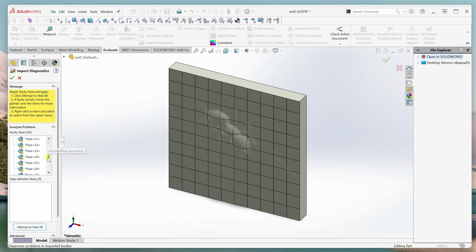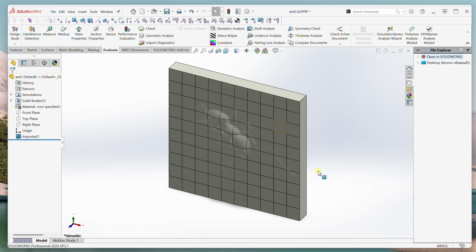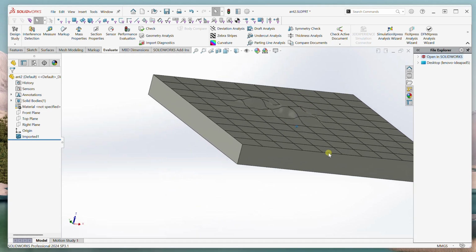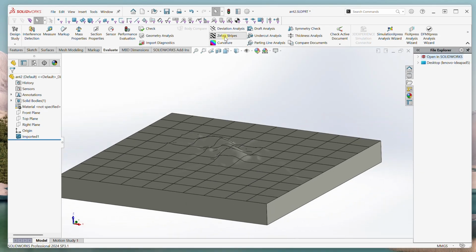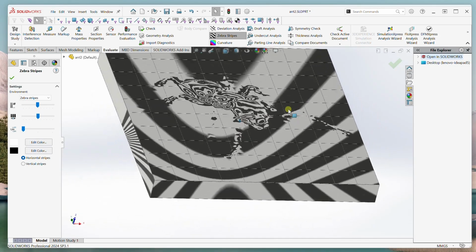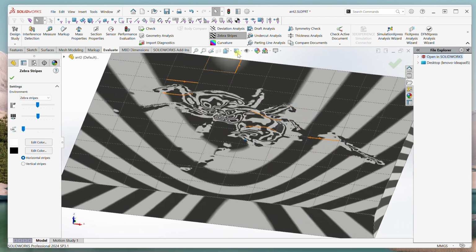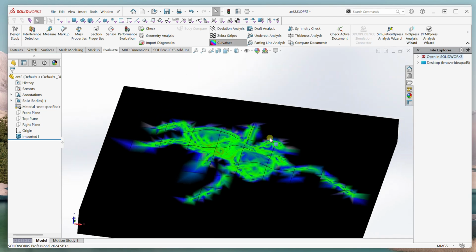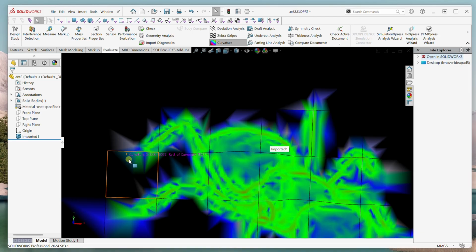Usually some of these faces have just a small issue with them, but you can generally heal all, which turns this into a fault-free geometry in this case here. So you can now see that this is a solid body, the solid side sections, and if we turn on the zebra stripes, you can see that these surfaces are completely flat and only sections of this and body stick out of it. If we look at the curvature, however, we see that there are some changes along here,